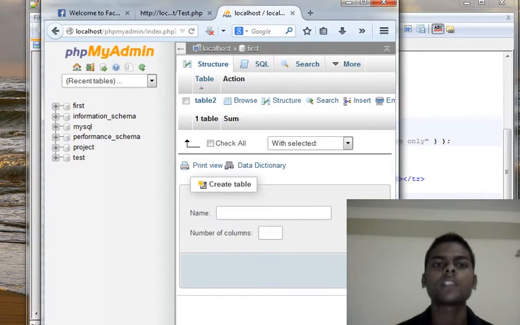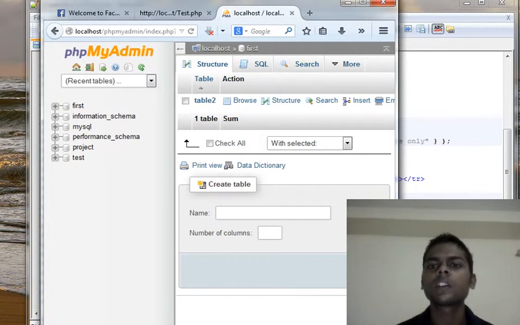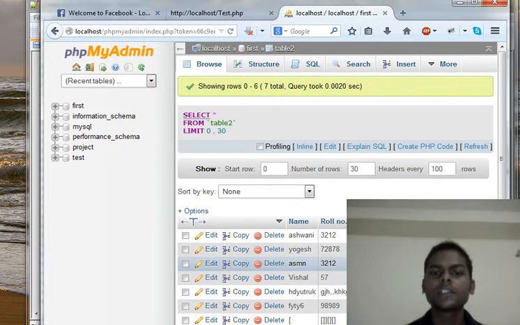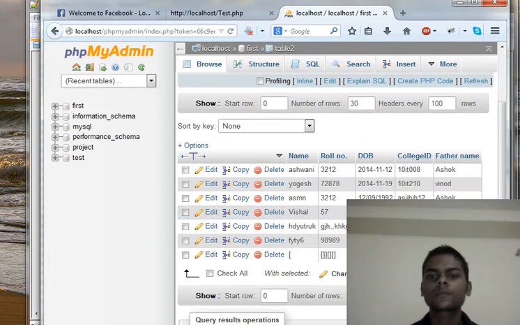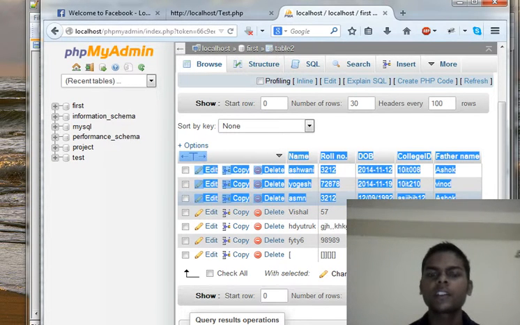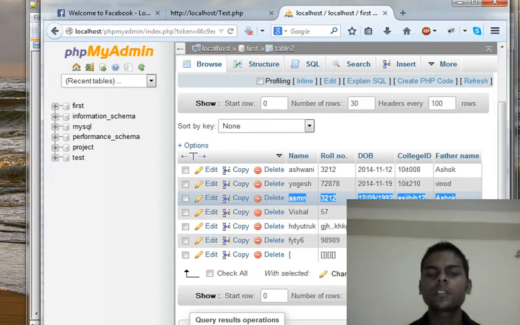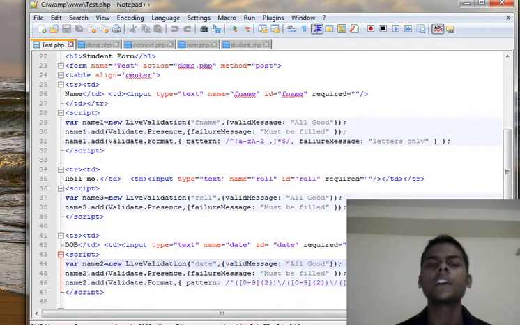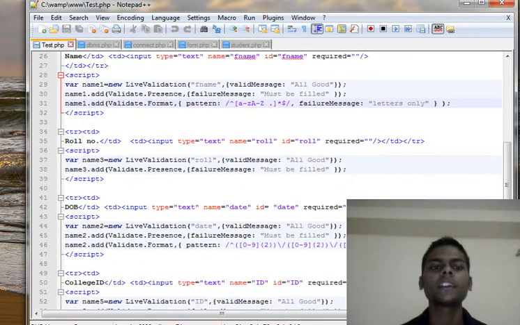Here I have saved our table named table 2. I am going to show you the content in this table. Okay, this was the last entry I entered in the form. Can you see that? I have underlined this row. So this is how you can save data entered in a text field by clicking on a button.